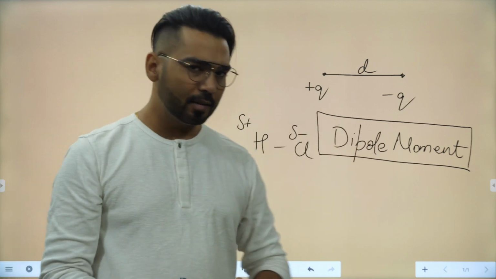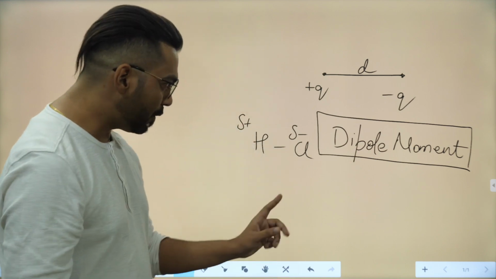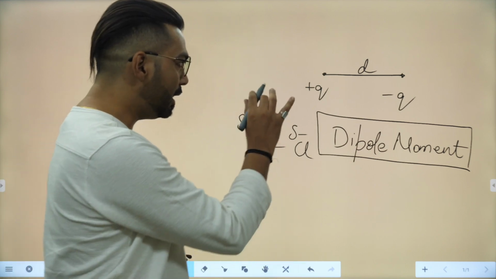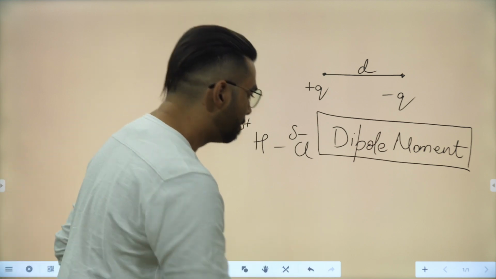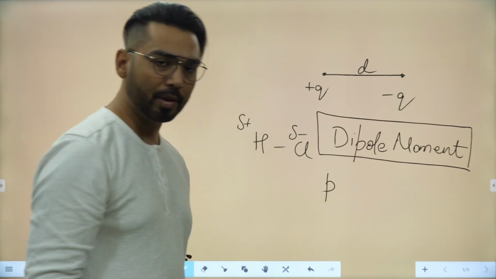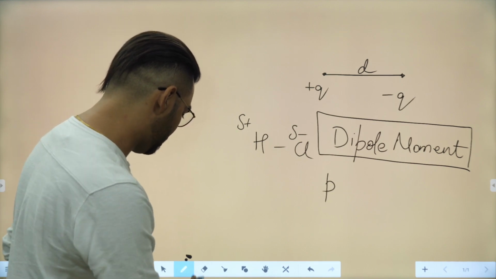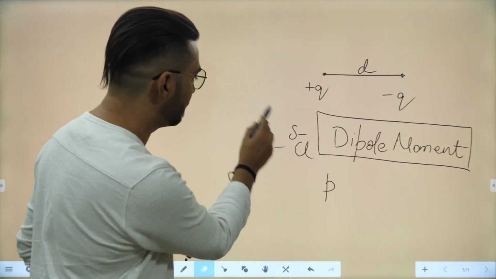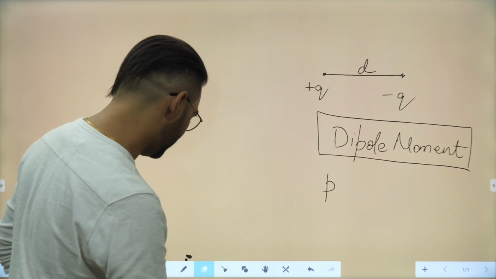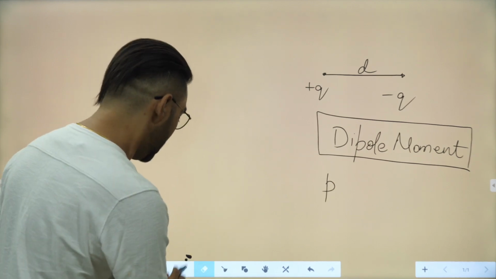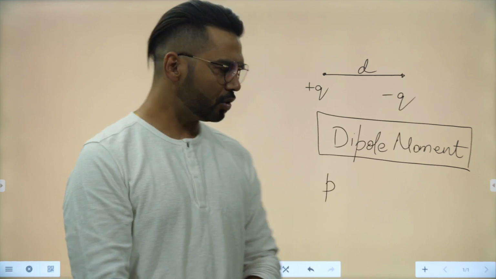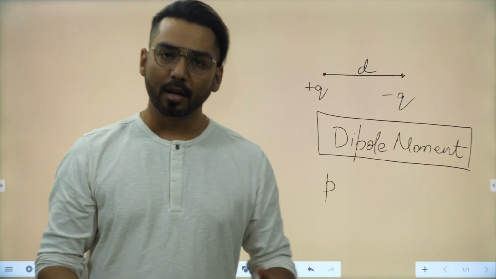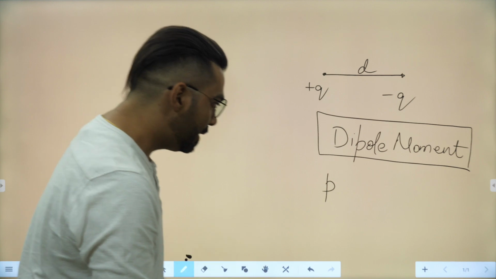Now, how do we define this dipole moment? First of all, you need to understand that the dipole moment is usually represented by the symbol P. Just give me a second, guys, I will rub this off because it is taking unnecessary space. You already understand this. So this P is the most commonly used symbol for dipole moment, and this is defined as